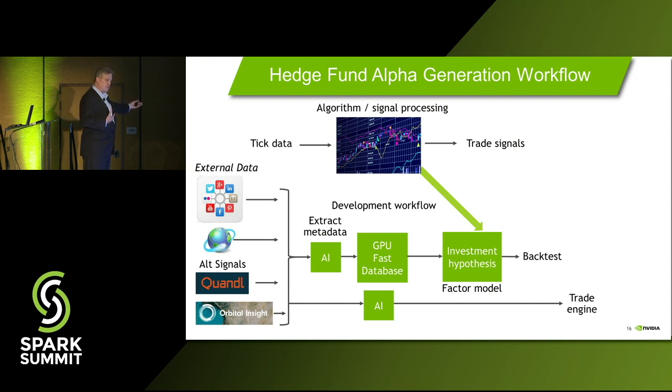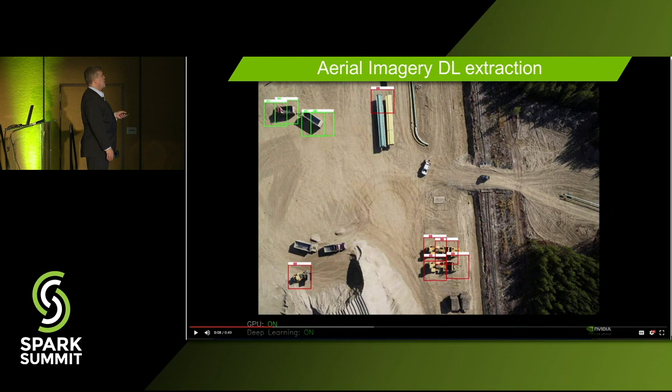They can query alternative data like this taxi cab data set. They can do end-to-end machine learning and deep learning models. And all of this data would be resident in the GPU data frame. And you'd be able to write Python programs. You'd be able to do machine learning with H2O algorithms that will eventually be open sourced. And you'll be able to use MapD to do ad hoc data analysis. So we think that this is very interesting. And there are already some hedge funds that are looking at workflows like this with us. You can do things like extract all kinds of things from satellite and drone imagery with deep learning and merge that into this data frame.